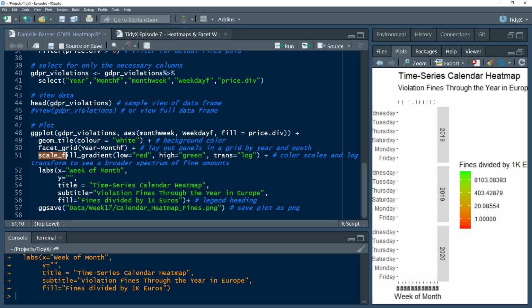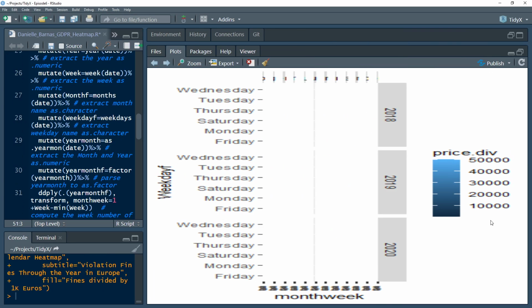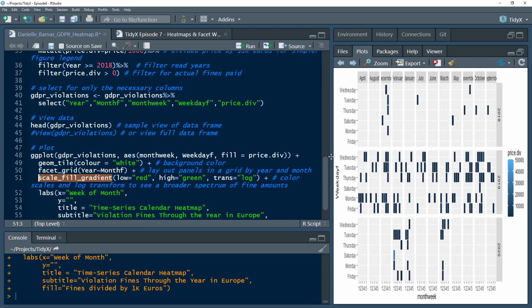Oh, we didn't cover this scale fill gradient. What this is going to do is it's going to update the fill. So I think in our last plot, you were seeing how it was using this blue scaling, which, I mean, my favorite color is blue, so I'm okay with that, but it doesn't really let you see the clear differences between anything. It's also a linear scale, which, when you have